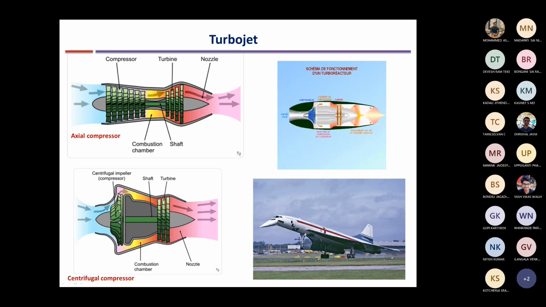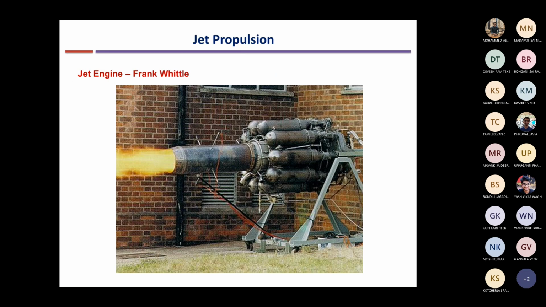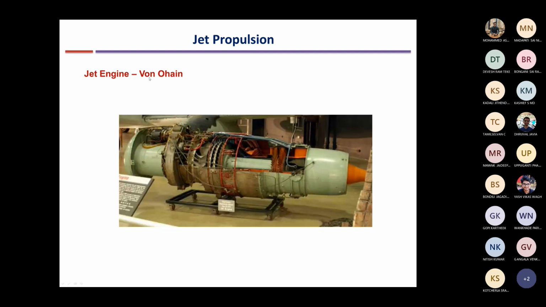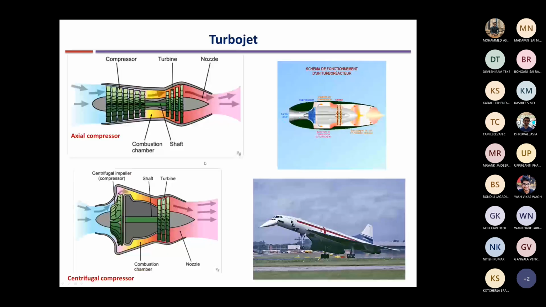That is an advantage. Okay, but still it is not used. You will see that all aircraft nowadays use axial compressor. So why is it not used in the aircraft? The initial designs were made with both. The UK design by Frank Whittle was based on centrifugal compressor, and the German design by von Ohain was based on axial compressor. These are the first two engines that were developed. So nowadays, no jet engines use centrifugal compressors. What can be the reason for that?